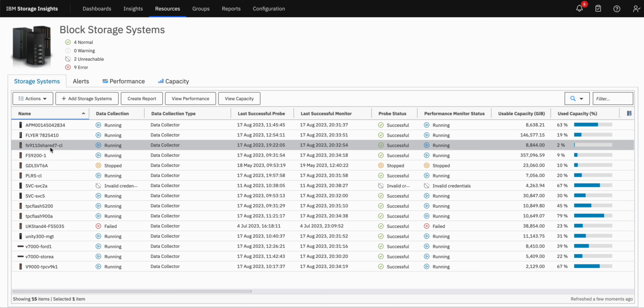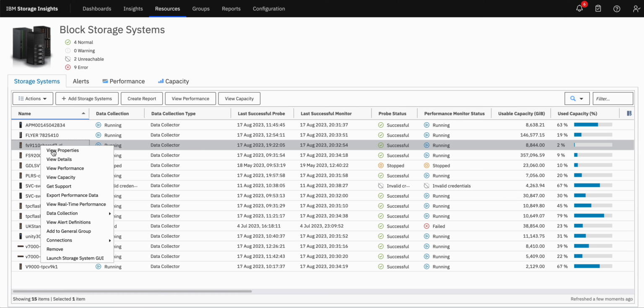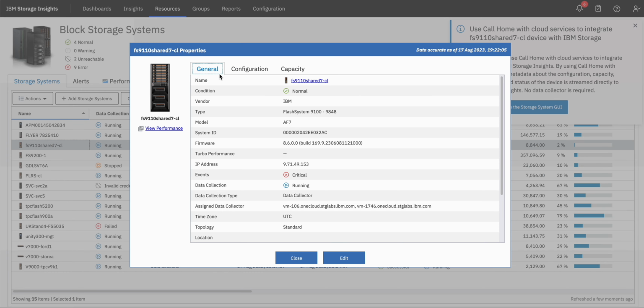Here we can see that data collection is running and the data collection type is data collector, and the probe has successfully happened for this device and performance is running. Now on clicking on view properties, we can see similar information: data collection is running, the data collection type is data collector, and the assigned data collector is the data collector through which the data has been collected for